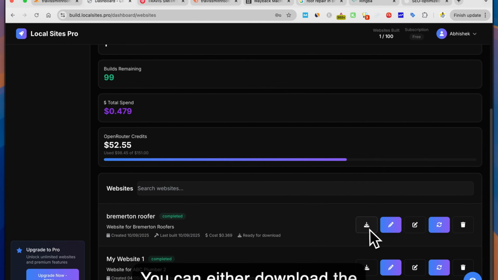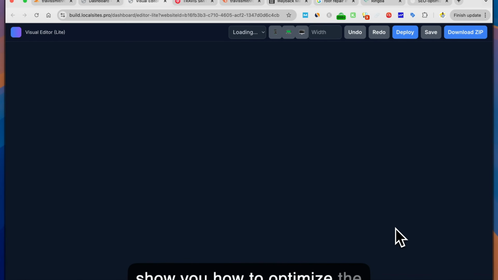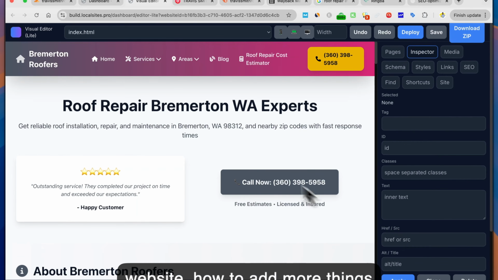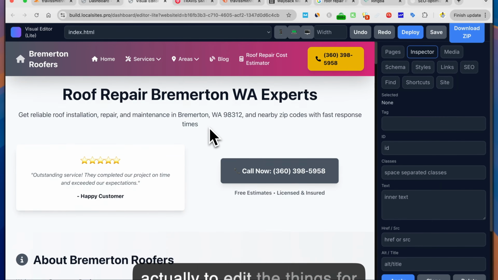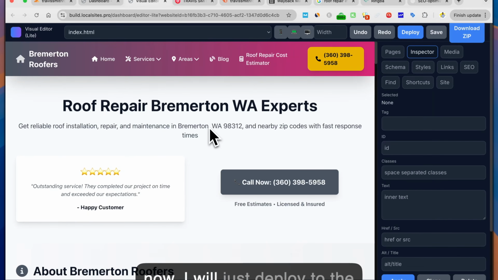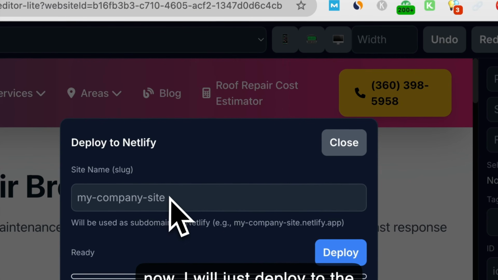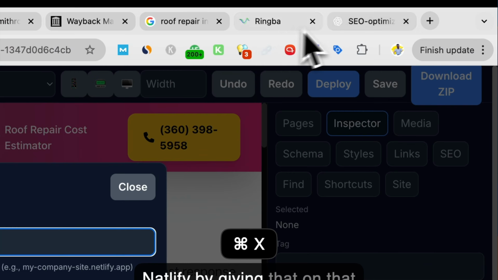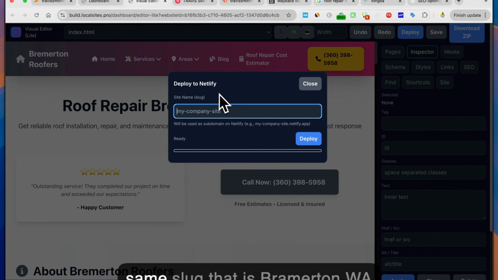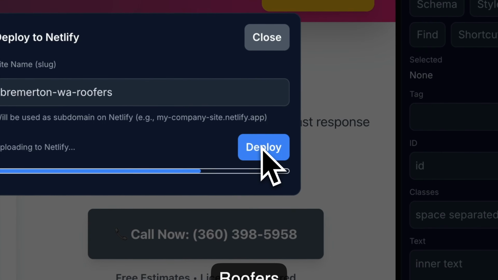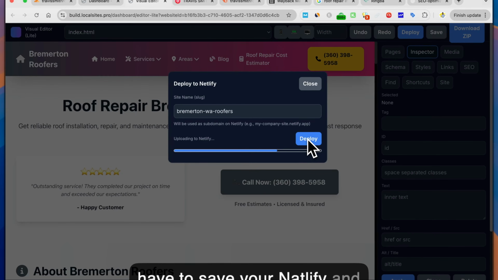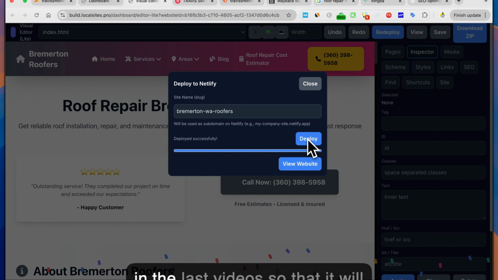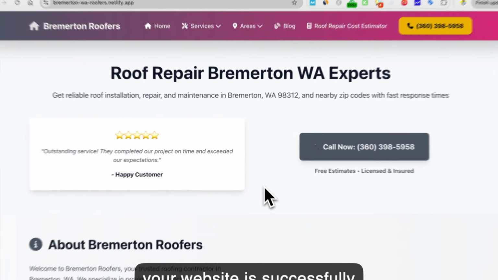You can either download the website and it will give you the zip file, or you can use this to edit the website. In next videos, I will show you how to optimize the website, how to add more things, like how to edit and what to edit. For now, I will just deploy it to Netlify by giving the same slug, that is Bremerton WA roofers, and just click on deploy. You have to save your Netlify and OpenRouter API keys as shown in the last videos so that it will work accordingly. Now click on view website and you will see your website is successfully deployed to Netlify